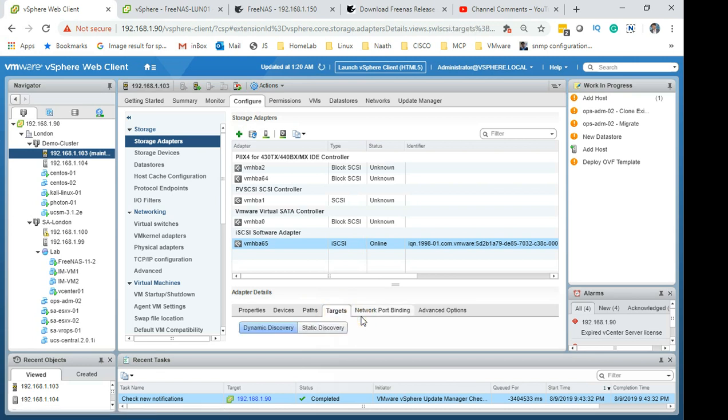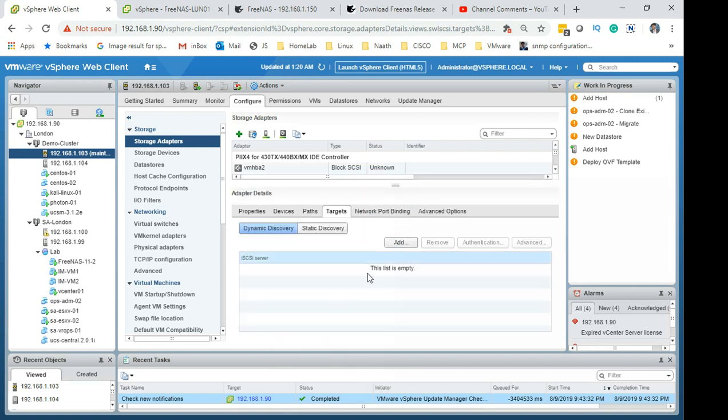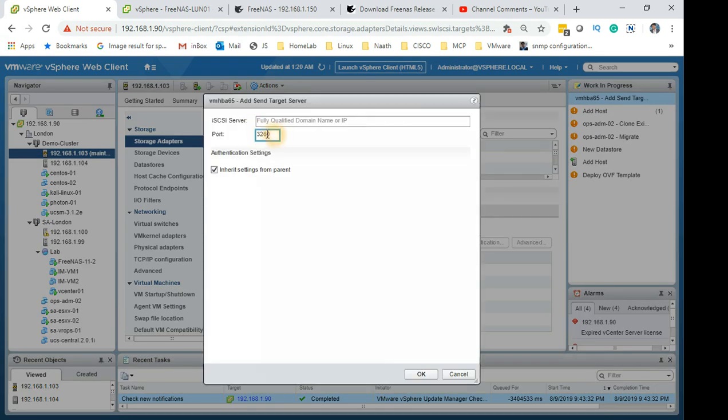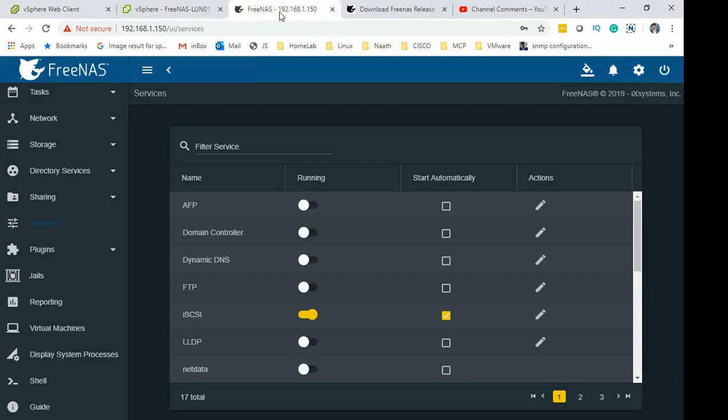Targets. So in targets, we need to add some dynamic targets. What we do is we click add, and by default it has selected the port number which you have seen on the FreeNAS as well, but I will need to add the IP address for the FreeNAS server, which is 192.168.1.150. As you can see here, my FreeNAS server is 192.168.1.150. So that's what I have added, and also